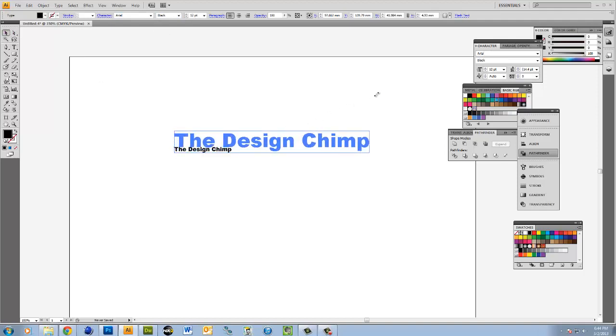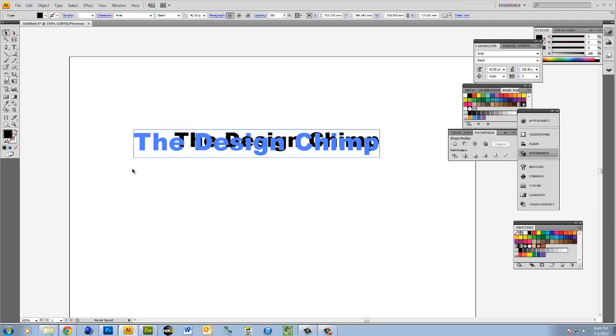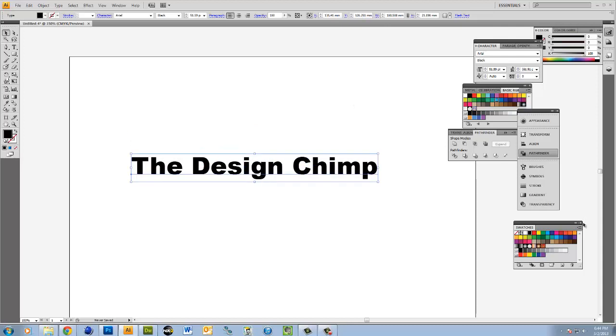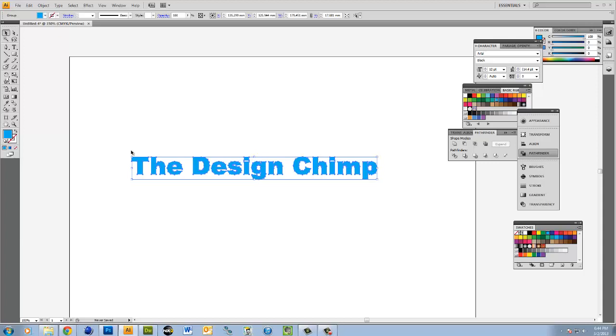I'm going to make it a little bit bigger, and I'm going to apply an outline around the text, but I'm not going to do it with strokes. You're going to go ahead and create outlines by right clicking on the text and selecting create outlines. I'm going to change the text to a cyan color, and now we're going to outline this by going to